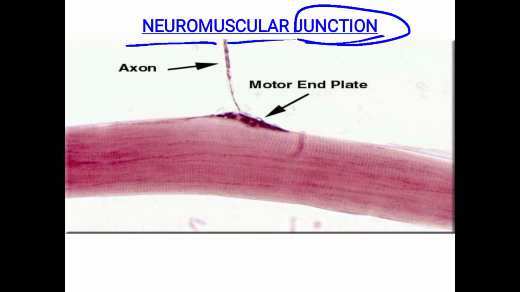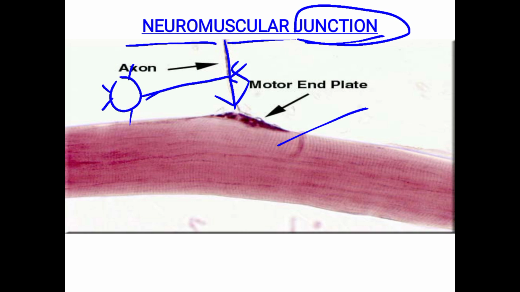So this is the muscle. Skeletal muscle, I am talking about only the skeletal muscle. And this is the axon. Axon, you know, right? This is the nerve, the dendrite, and this is the axon. So the axon terminal has, as I told, many terminals, the terminal buttons are there. So that will go and contact with the muscle.